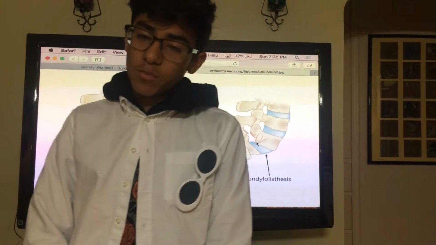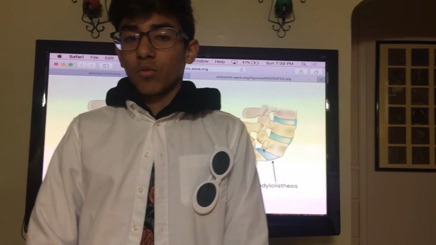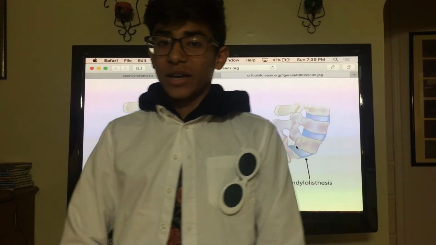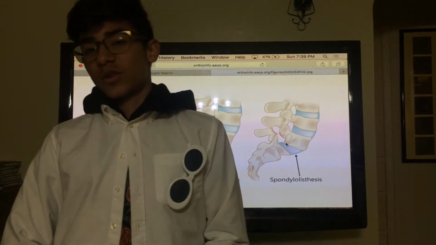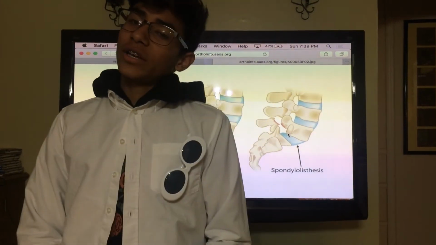Spondylolisthesis is caused by a problem with one or more of these small joints that allows one bone to move out of line. It may be caused by any of a number of problems with the small joints in your back. You could have a defective joint that you've had since birth, a joint damaged by an accident or other trauma, a vertebra with a stress fracture caused from the overuse of the joint,